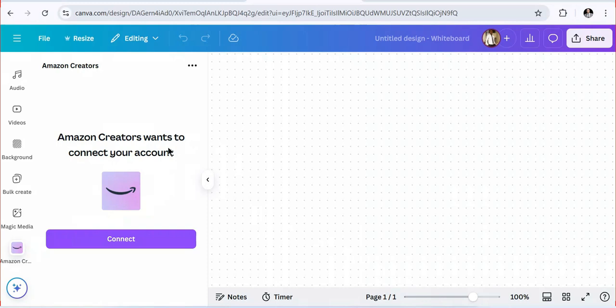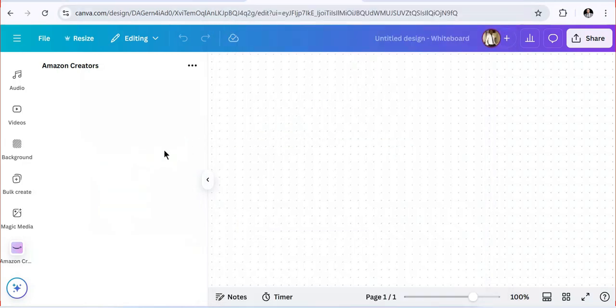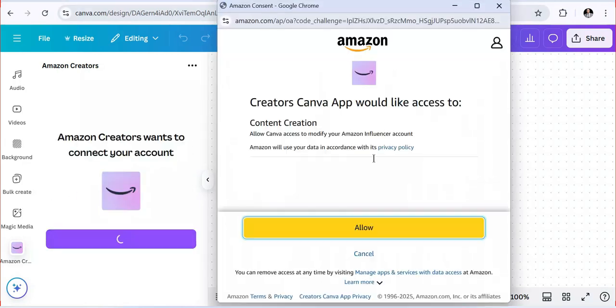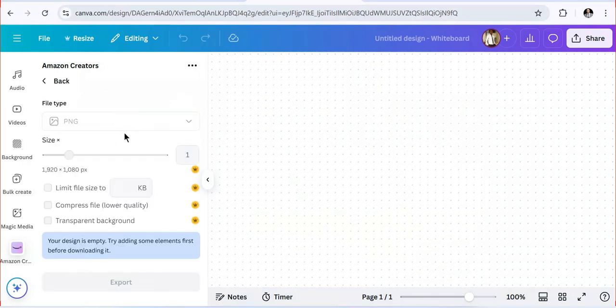What they tell you is that creators want to connect to your account. Once you click on this one, they are directing you to Amazon, and what you do is connect it to your Amazon account. What I will do first is allow my account to be connected, and as you can see, my account is now connected. Export your design to share on Amazon. So what you can do is export your designs to be able to share them on Amazon. They are also giving you the file type you need to be using,